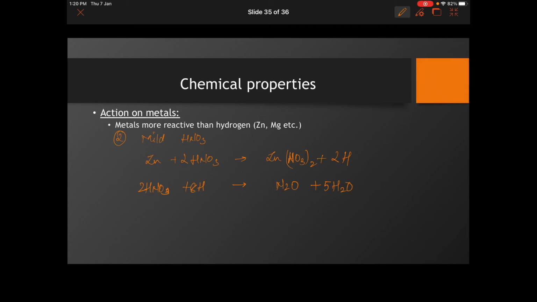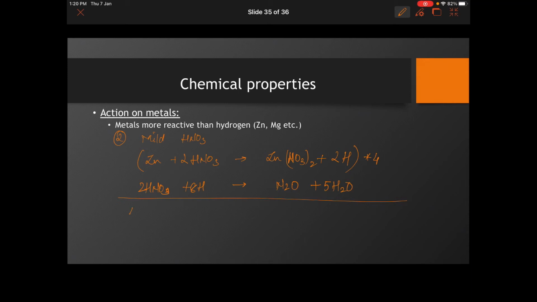So 8 plus 2 is 10, and 5 to the 10, and yes, that is going to go perfectly, right? So basically you get this equation. Now what you see is you need to multiply this equation 4 times. In the first case, the second equation was already balanced, so we directly multiplied by 2. Now it was not balanced, so first we balanced it, then we see that the upper equation has to be multiplied by 4.